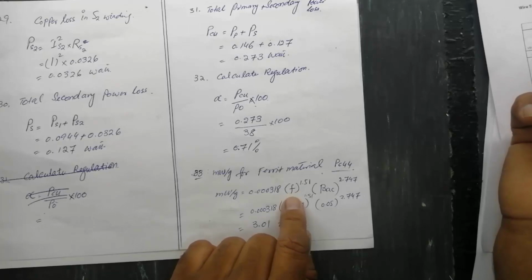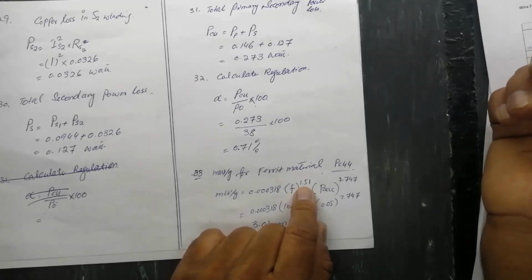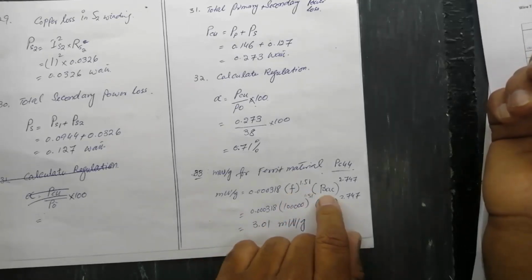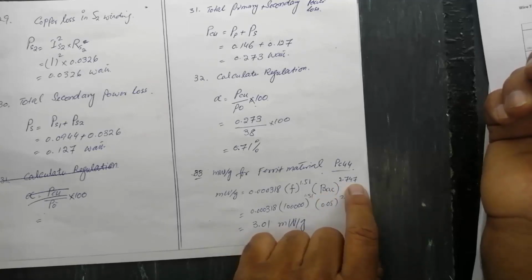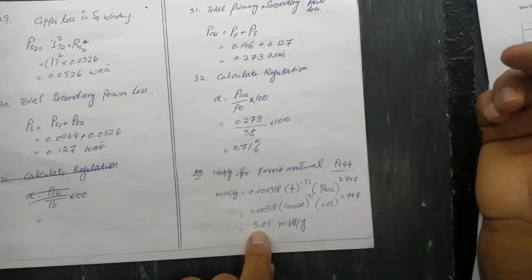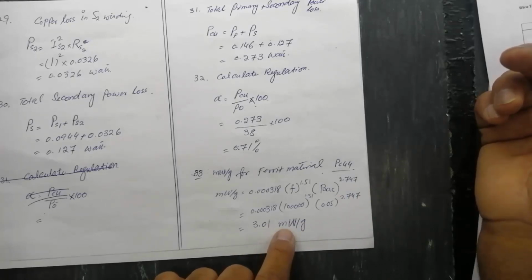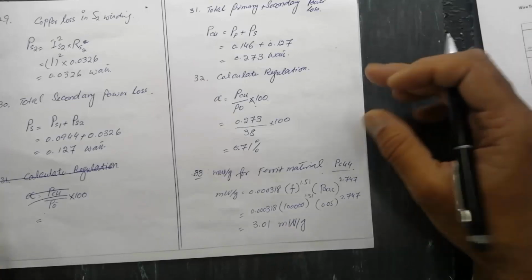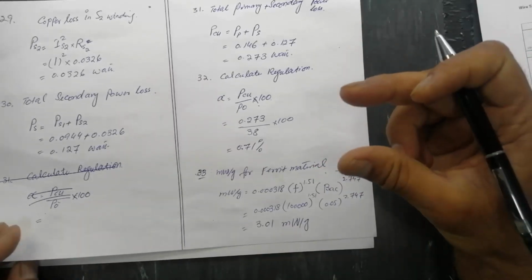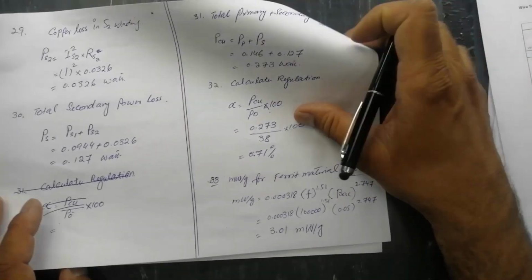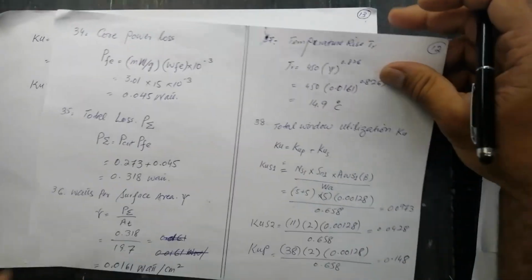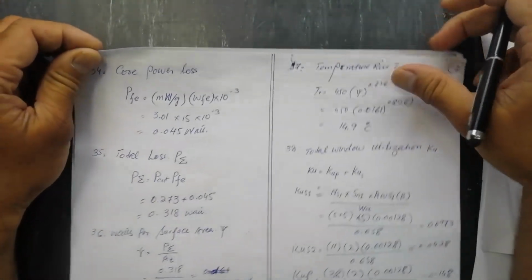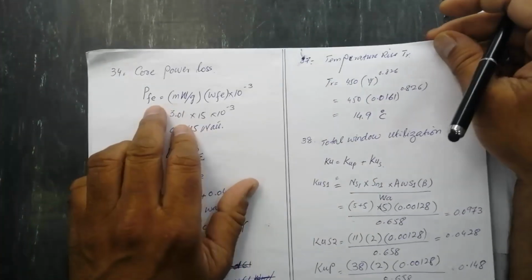F frequency, we have to power 1.51, and flux density 2.747. After calculation it is 3.01 milliwatt per gram. The mass, the weight of core material, and core power loss, how much PFE